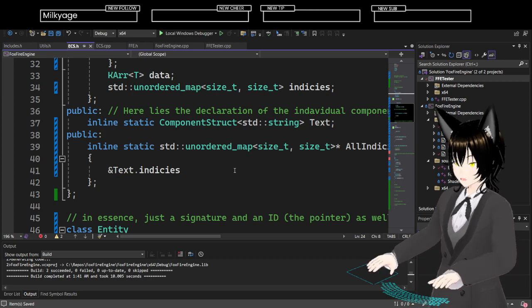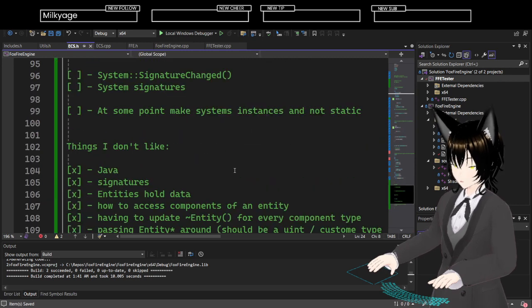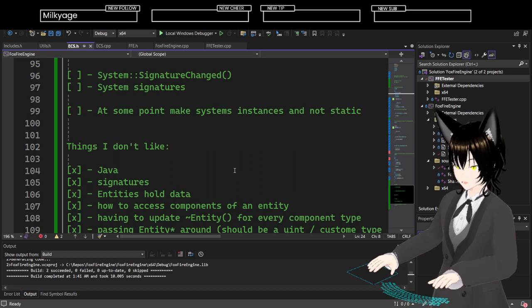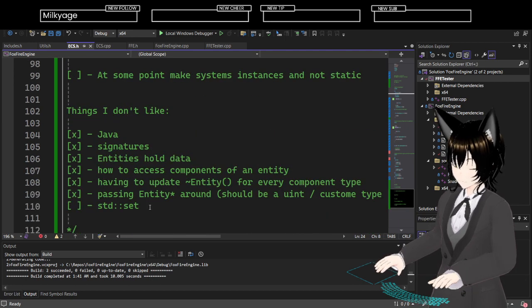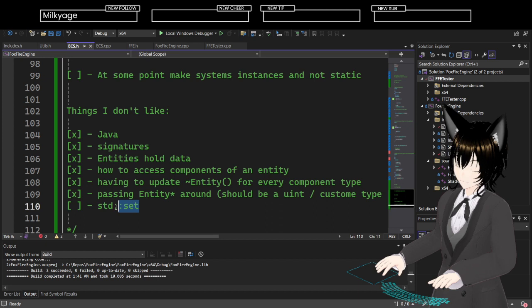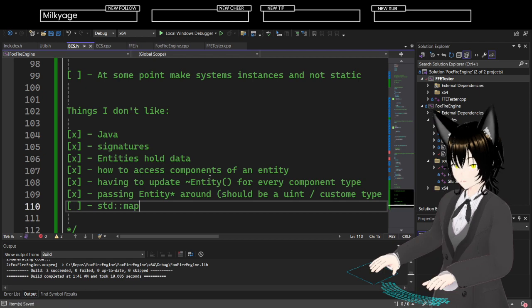Okay. I think once I create my own map, because I will be making my own unordered map, it'll be a lot better. My own set too. This is the thing I don't like.